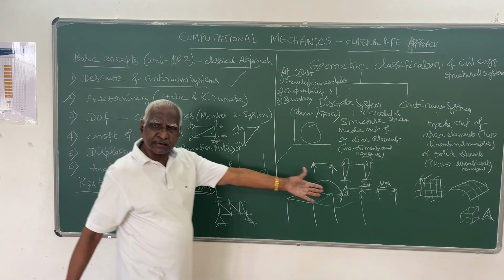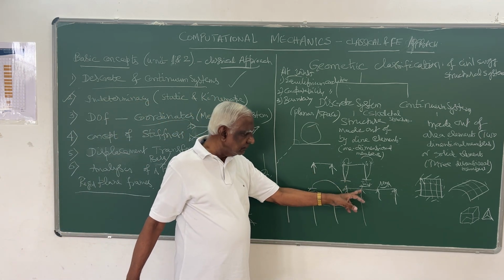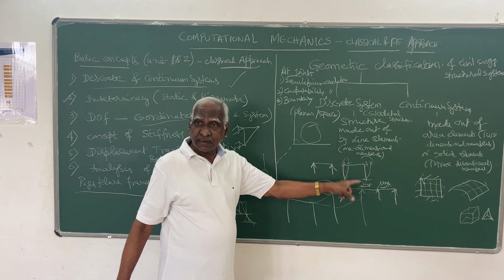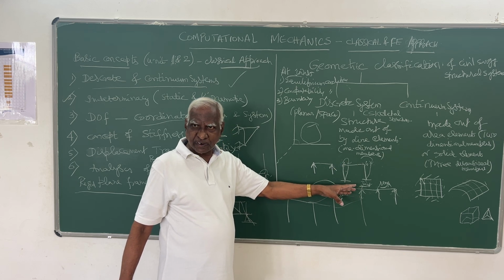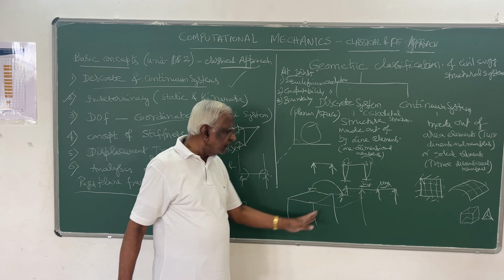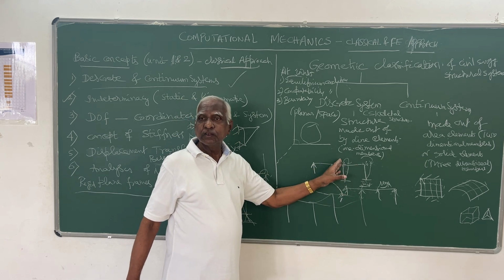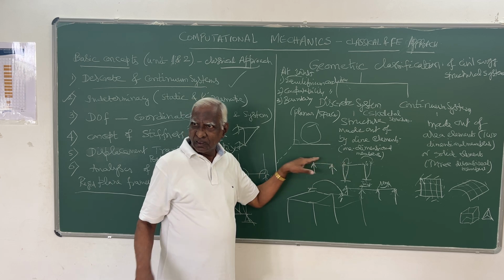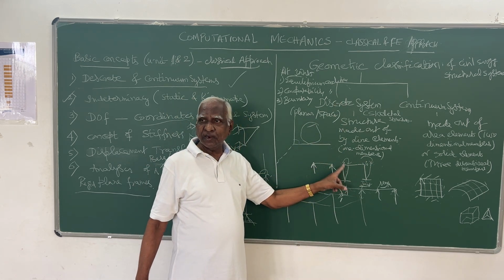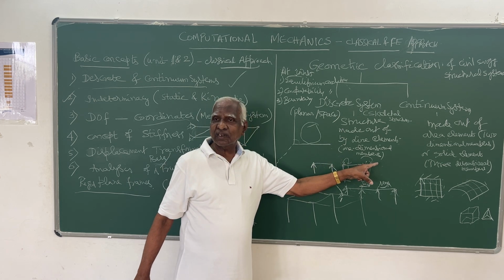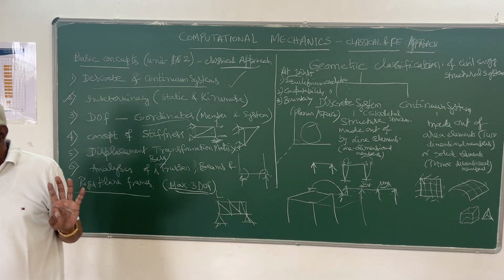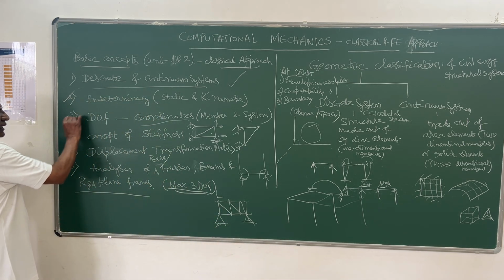So at each joint in a planar structure, in a truss it is only 2 displacements, in beams it is 3 displacements strictly speaking, but actually we assume it to be axially rigid, so it is only 2. In a rigid plane frame, you can have 3: horizontal, vertical as well as rotation. But at this joint, vertical is not there, horizontal is there, rotation is there. So 3 degrees of freedom. So that is about degrees of freedom,